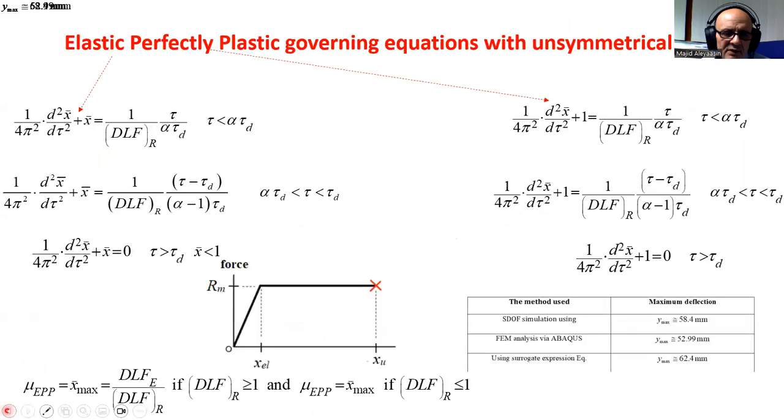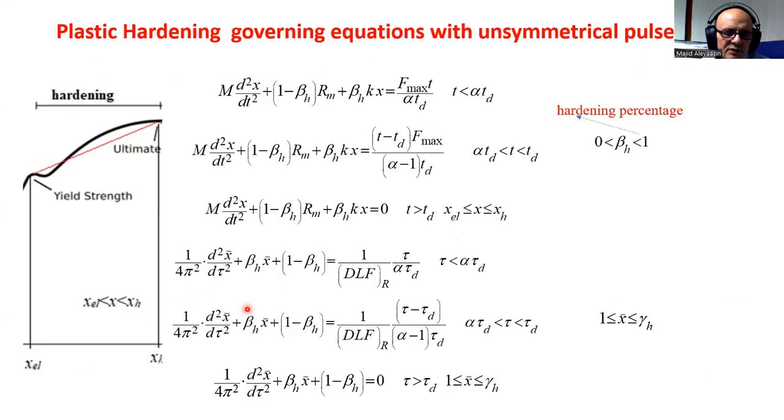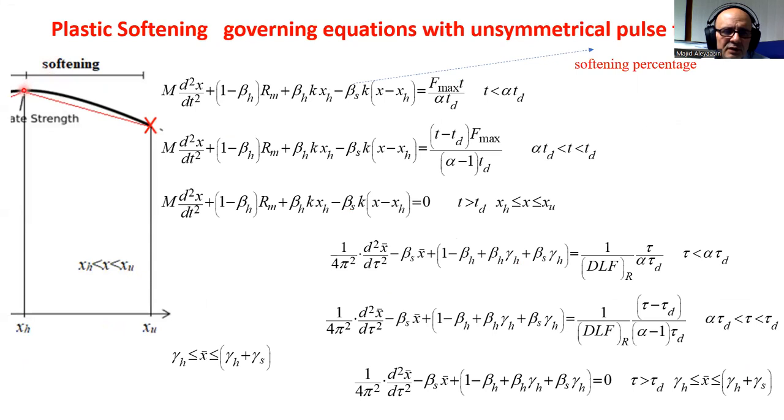And I have three equations here for the elastic part, which is common, so it's 6 equations. But still I am not finished because this is just hardening. And if I go here, then I choose the softening parameter. The softening parameter is beta S, also a very small stiffness, but negative, which means it softens in the negative part. So this is also about 1%, but I include that in the equation.